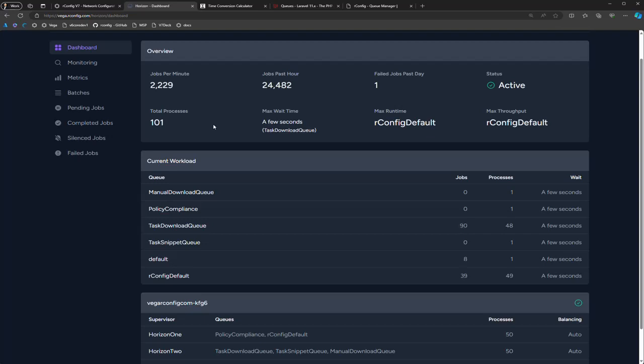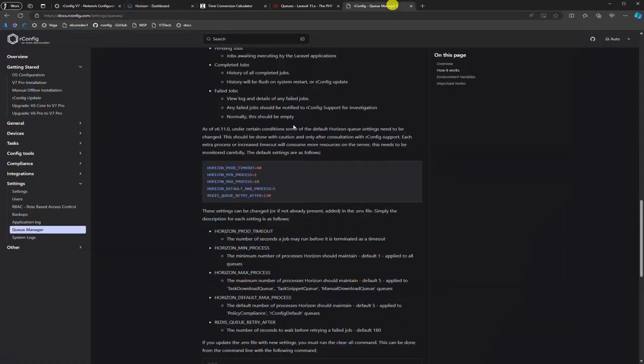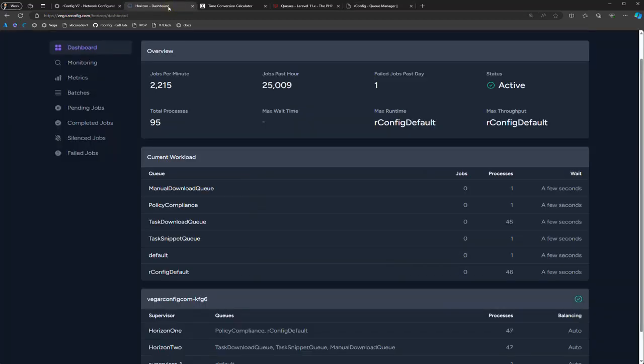There's a few permutations to take into consideration as you increase the max processes queue value: job timeouts, device latency, and I don't mean network latency, but the latency of devices to respond to tasks, the size of configurations. All these things play into the overall jobs per minute value, the total amount of